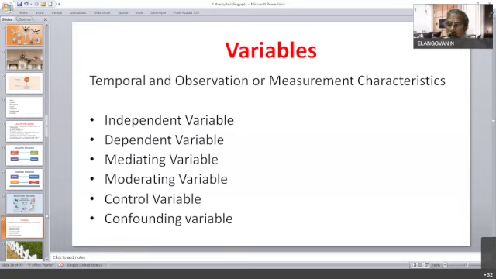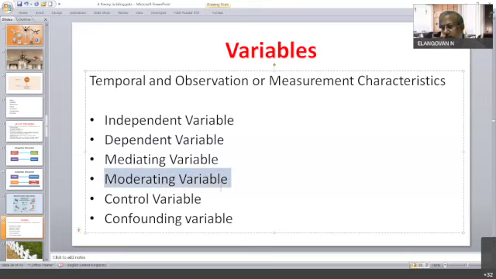In the same way, you can use a control variable as a moderating variable or product variable. You can multiply it and interact it, and then find out what the interaction effect is. So the control variable becomes a moderating variable. All that is the next level. When we think of the analysis, you will understand how to analyze a control variable, mediating variable, or moderating variable. But here, just understand that